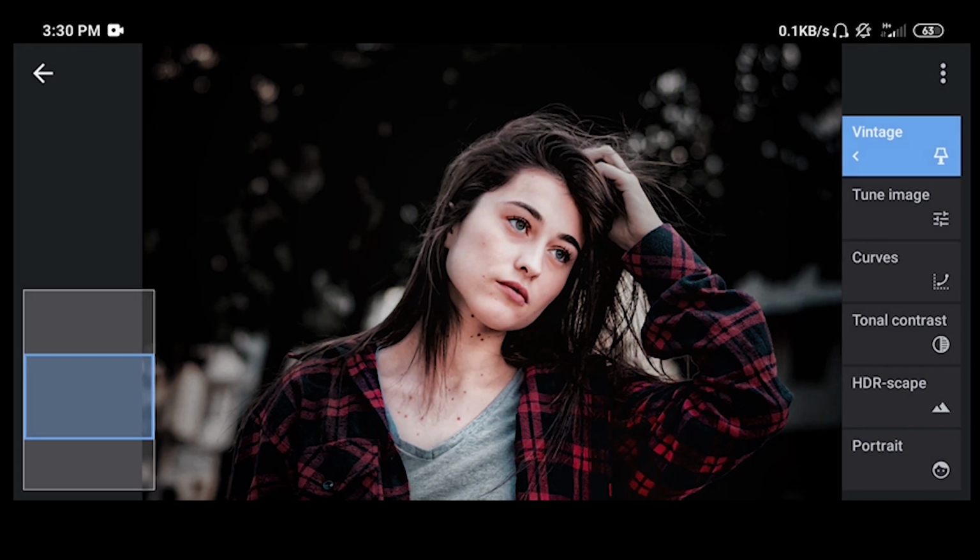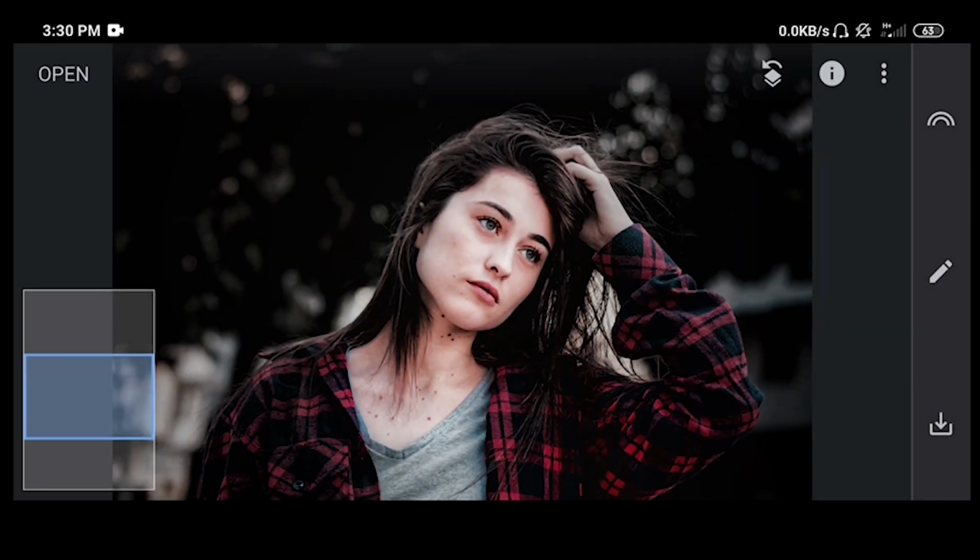And click on this. You can see how look like our image, and go to the back,